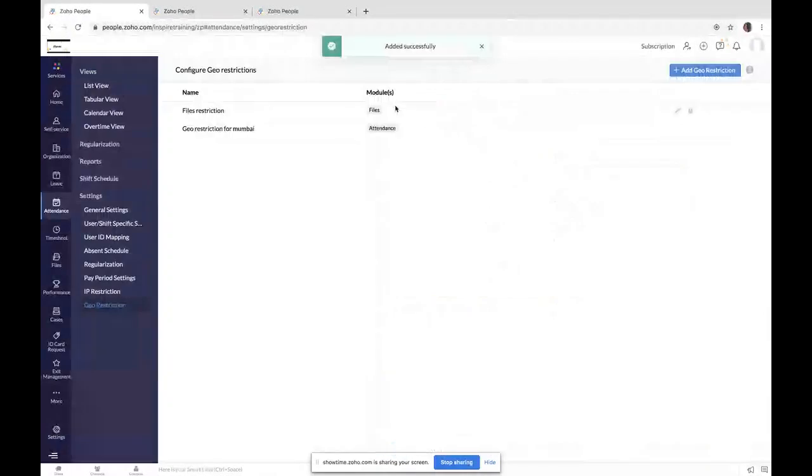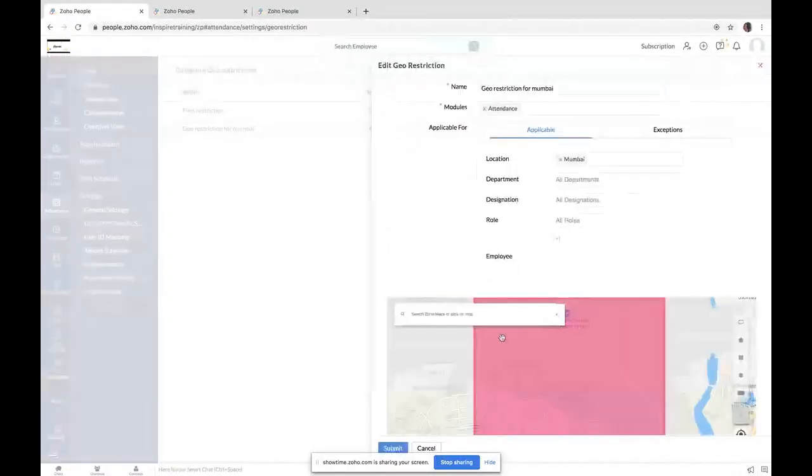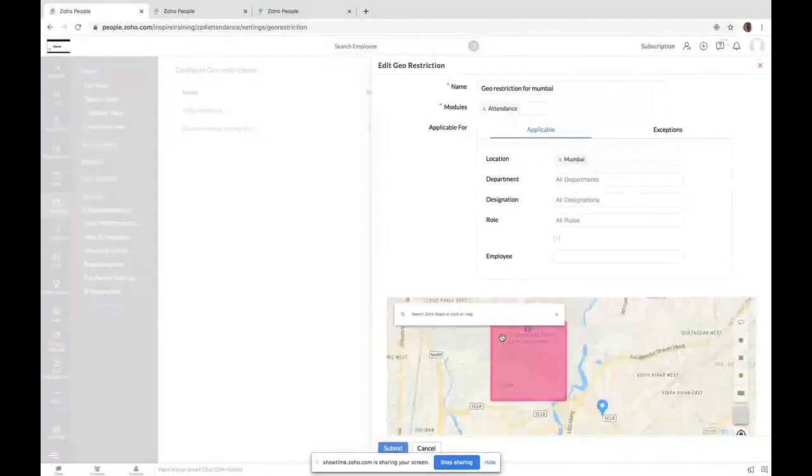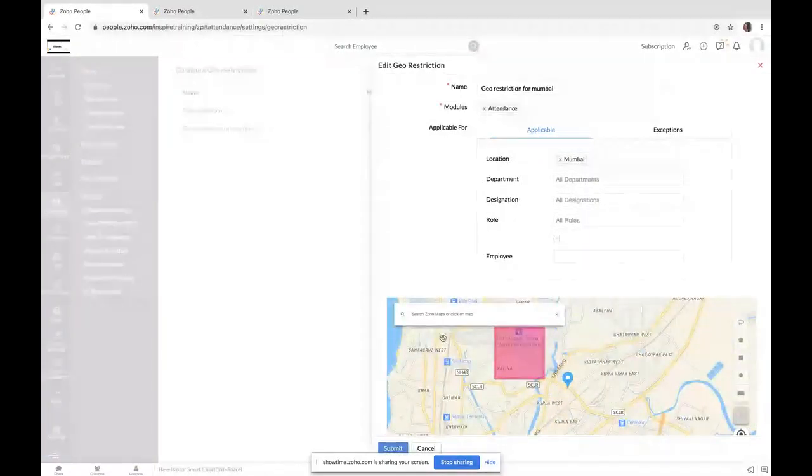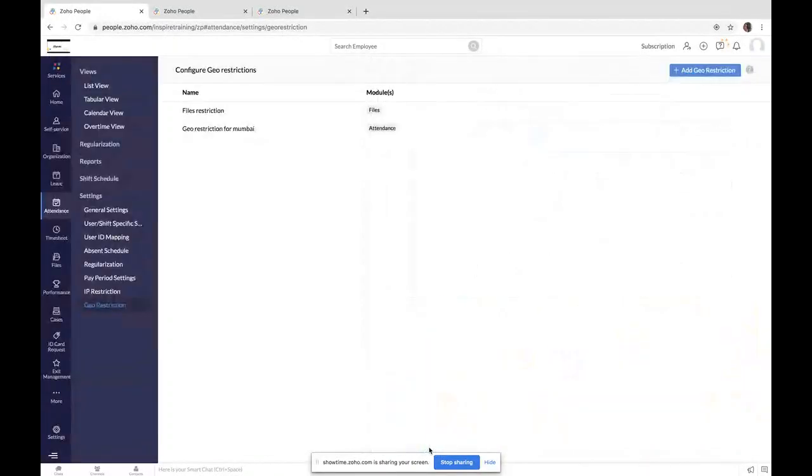So all the punches that we get from this defined geo restriction only will be considered as valid punches, and the entries from other than this location will be rejected, and we will not be capturing those entries. In this way you can prevent your employees from recording their attendance activity away from the office.